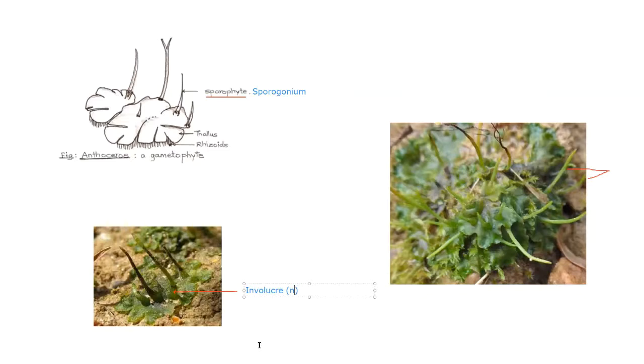If you compare this with the Riccia life cycle, which you have studied, the sporophyte was represented by only a capsule. There was no foot and there was no seta. And as a result, there was a complete dependency of the sporophyte on the gametophyte. So therefore, it was called completely parasitic. But here it is not a complete parasite. It is a semi-parasite or partial parasite.